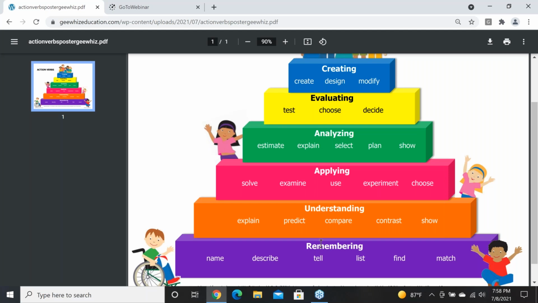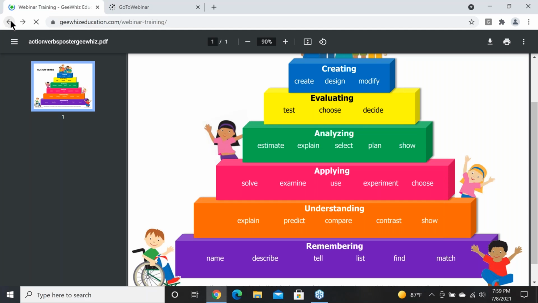For remembering, a word like describe or find. For applying, a word like solve or choose. Creating at the top, obviously, design, create. So this is a poster you can just print to help you remember, as you engage with children, the kinds of verbs you want to use that fall in each of these different areas of Bloom's taxonomy.